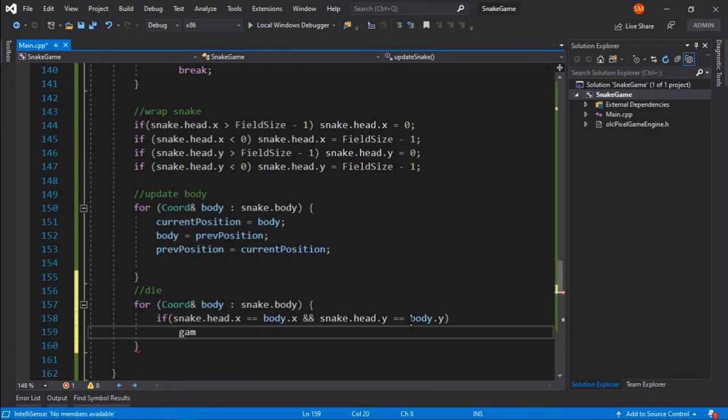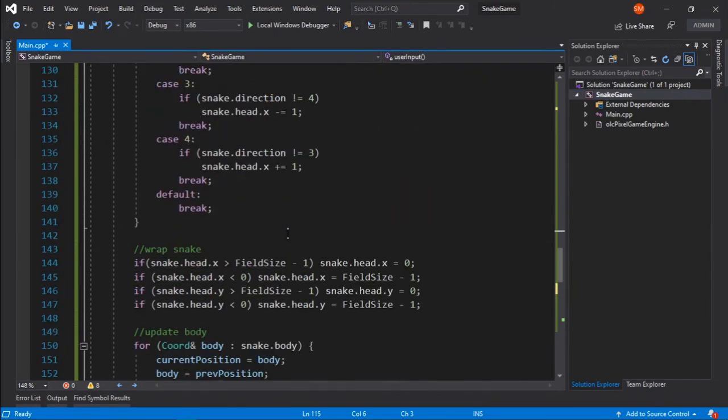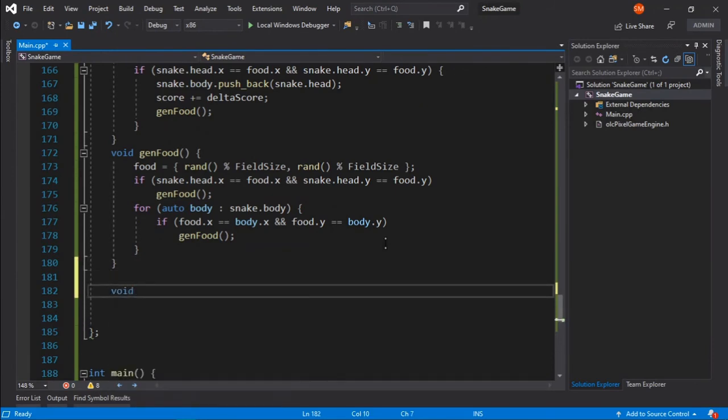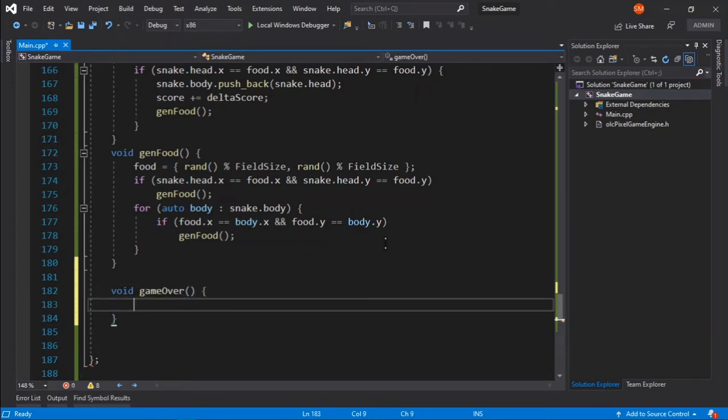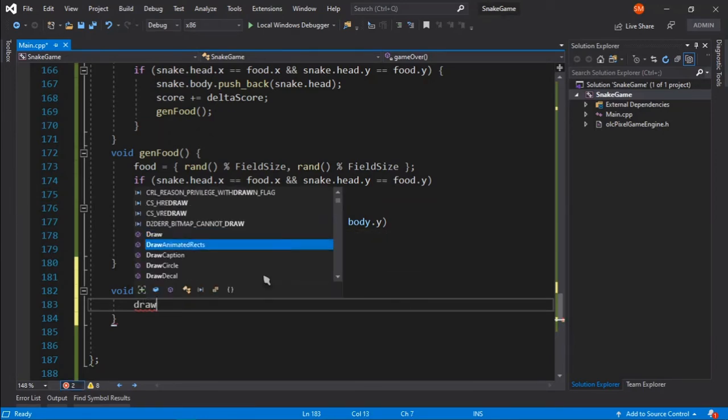So our game state will be equal to game states::game over. And let's create a function called game over here. Okay, that denotes our game over state. So void game over. So at game over, what we typically want to do is draw a string like